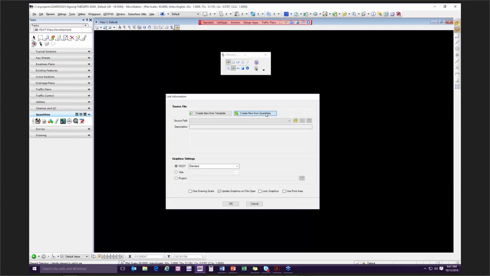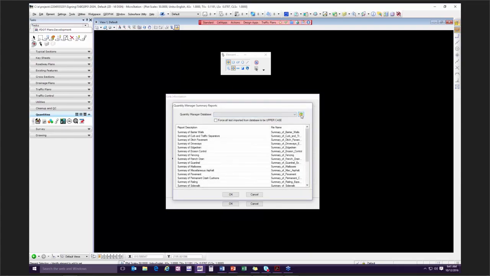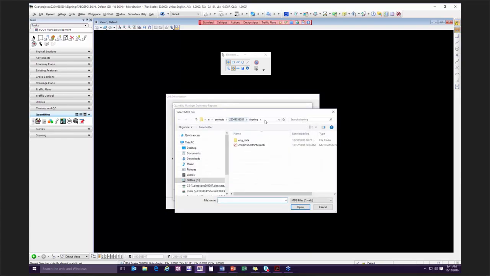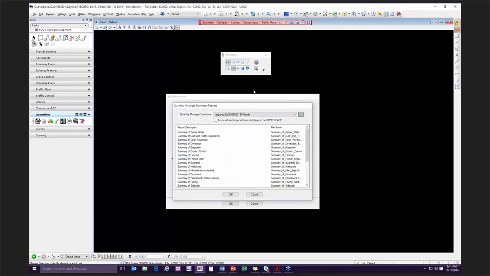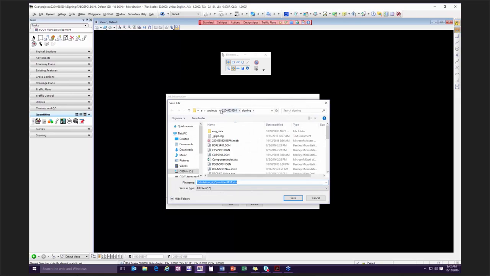I create link, create new from quantities. I want to navigate out, and it knows what directory I'm in. Okay, so I want to make sure I grab the correct MDB file, tell it to open. I'm going to toggle on to force the text, and I'm going to grab tabulation of quantities. It is going to ask me to save this file. Okay, so I want to make sure it's in my working directory. It's going to put me in that same working directory that I'm in. Okay, this is the name of the file, and